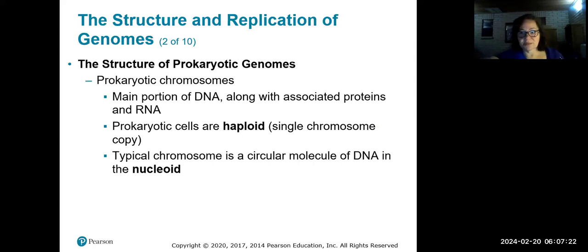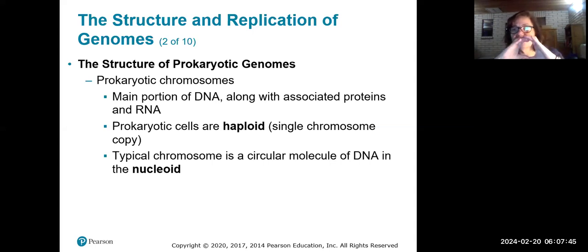In eukaryotic organisms, the chromosomes are generally bar-shaped. Remember that one of the giant differences between prokaryotes and eukaryotes is the fact that eukaryotes have an actual nucleus, a membrane-bounded organelle inside the cell. That's where nuclear information is. In prokaryotes, they don't have that, but they do have a place where the chromosome hangs out.